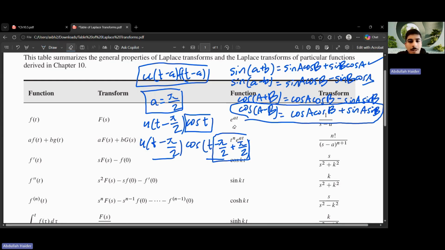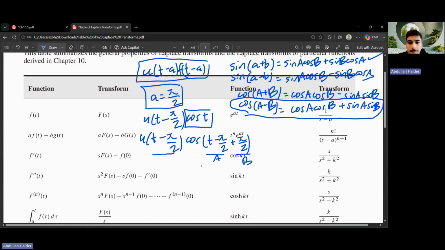Okay, now you will apply the cosine rule here, assuming this is your A and this is your B. So when you do cosine A cosine B means cosine t minus pi over 2 cosine pi over 2 plus sine t minus pi over 2 sine pi over 2. So you should get something like